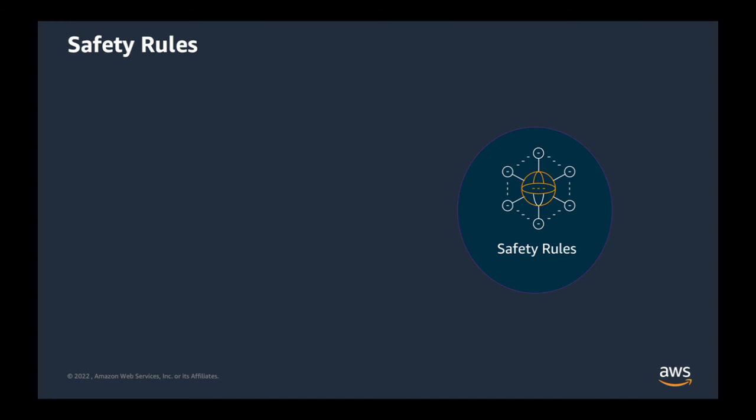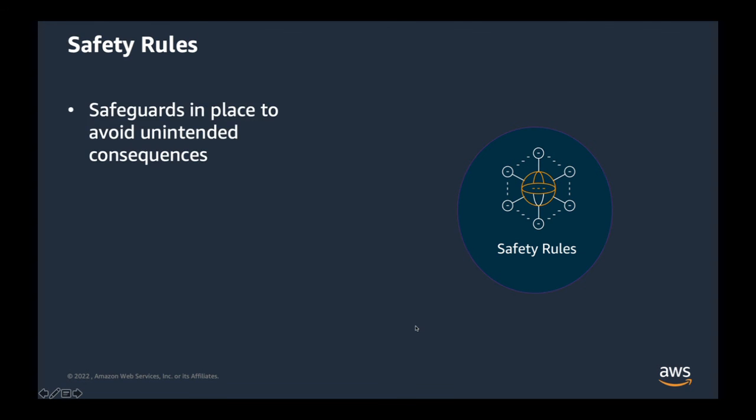But when you work with several routing controls at the same time in Amazon Route 53 ARC, you might decide that you want safeguards in place to avoid unintended consequences. Miguel was touching on this earlier, right? An example here is that you may want to prevent inadvertently turning off all the routing controls for an application, which would stop all traffic flow, resulting in a fail open scenario.